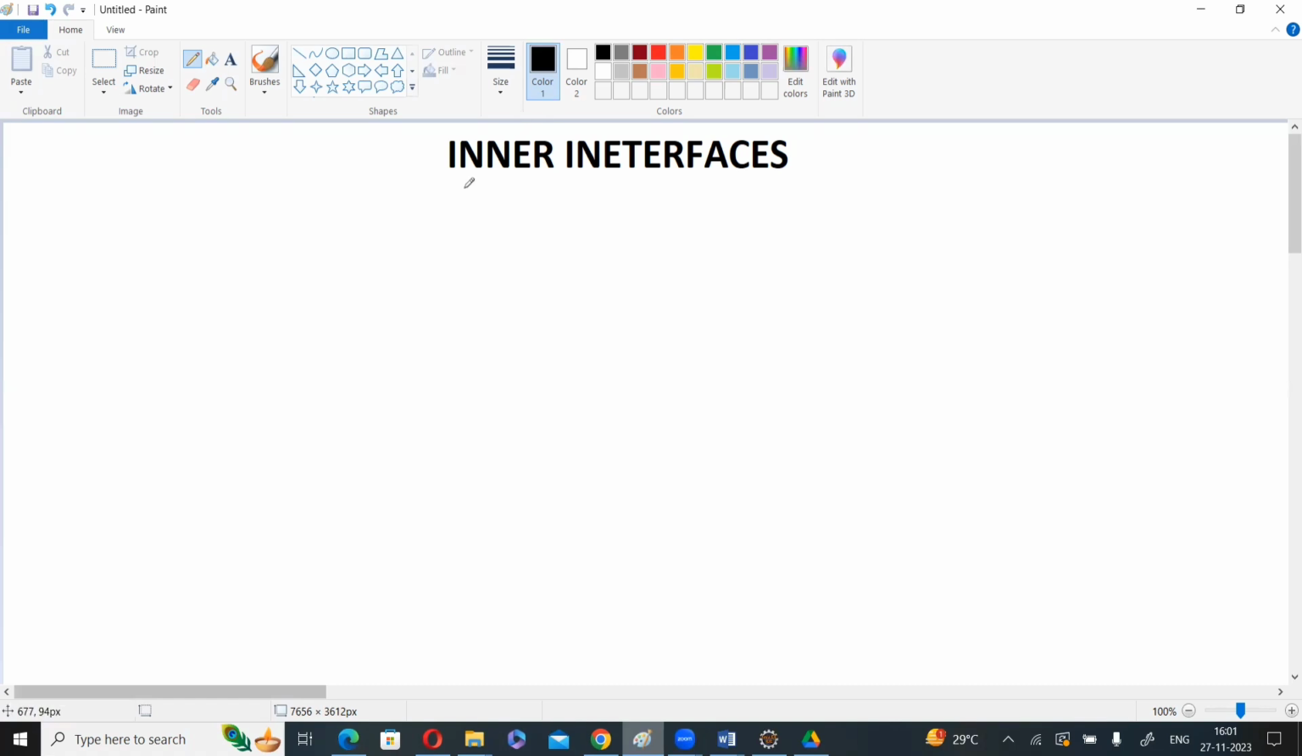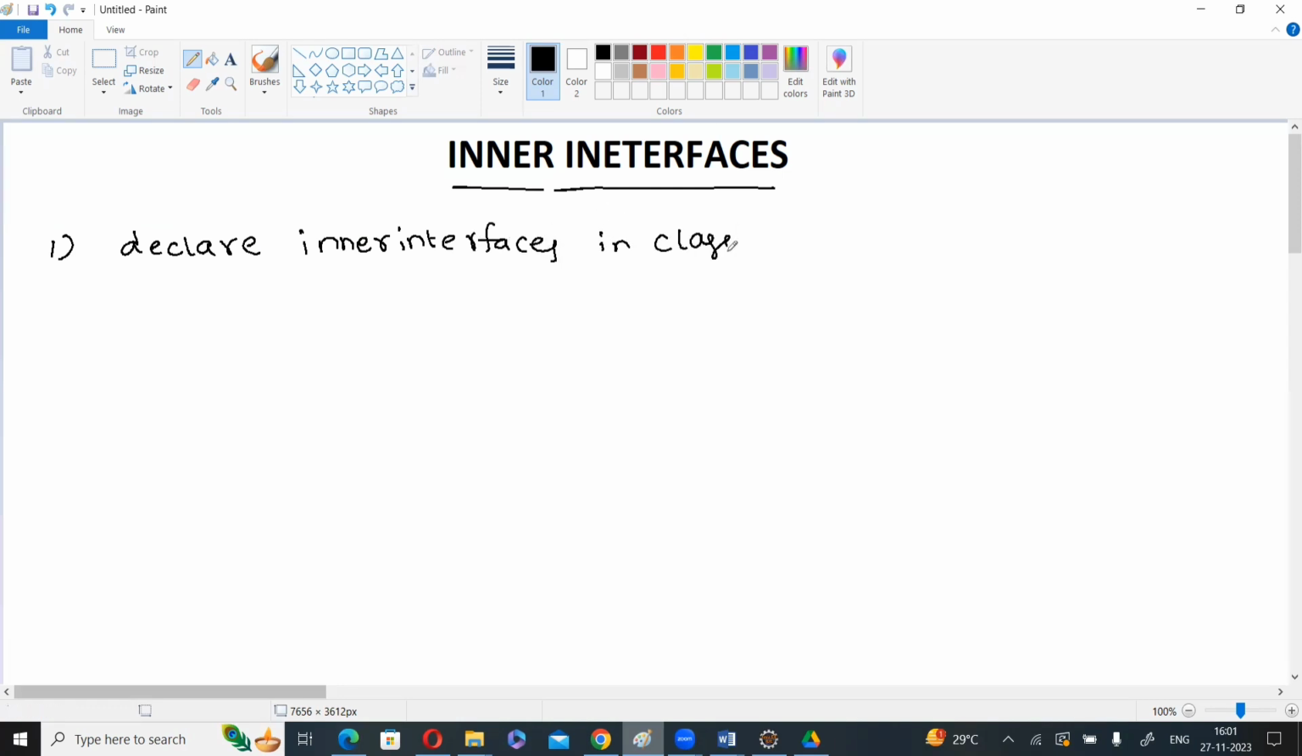In the last session, we discussed inner classes in interfaces and inner classes in abstract classes. Now, we will discuss inner interfaces. Similar to an inner class, which is a class declared inside any class, here instead of a class we are using interfaces. So the first one is simply that we can declare inner interfaces in classes. Within a class, you can write an inner interface, and whatever we declare can be